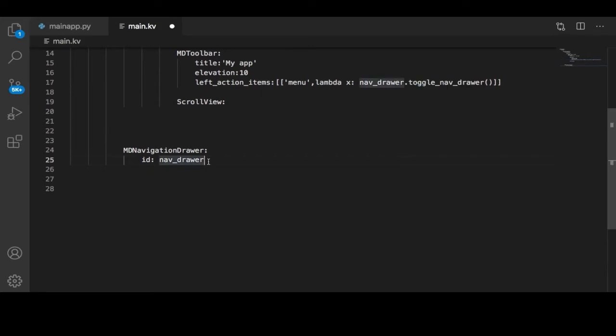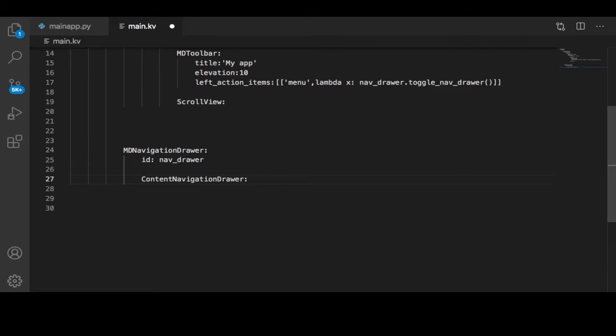Now inside that navigation drawer, we need to work on the design. We need to display the tabs. So I'm going to say here, a content navigation drawer, the content, we need to work on the content. So I'm going to say content navigation drawer. And then inside this